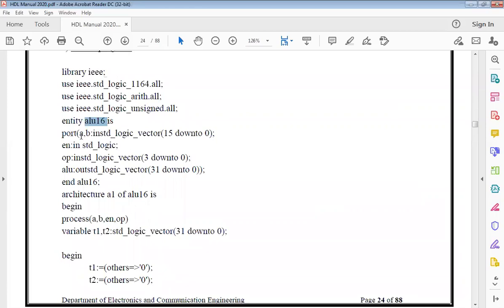Then I declare the ports. A and B are going to be my standard inputs, and these are not just going to be 1 bit, but a vector. What do you mean by a vector? I think by now you would have studied in your theory classes. What's a logic vector?